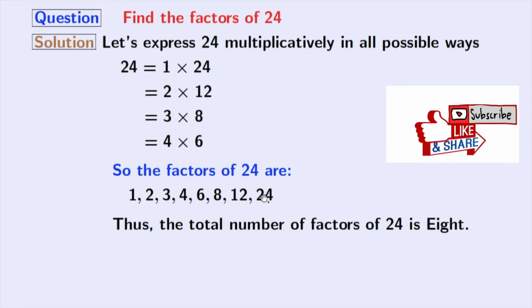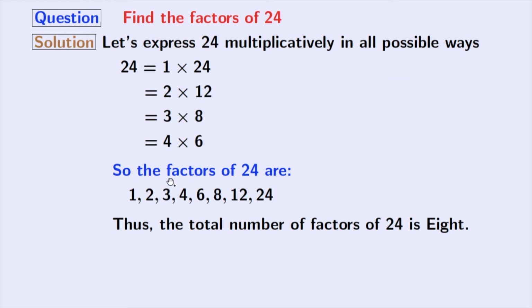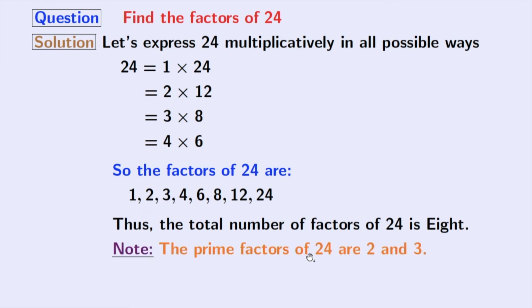Now, if we give a look among these factors, we can see that 2 and 3 are prime numbers because these numbers have no divisors other than 1 and that number itself. So, the prime factors of 24 are